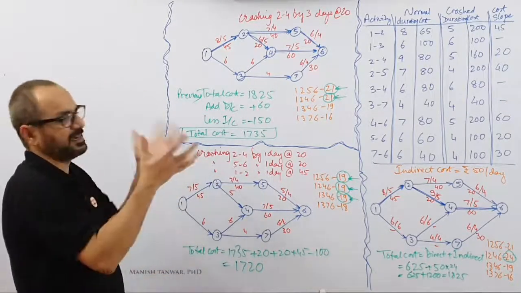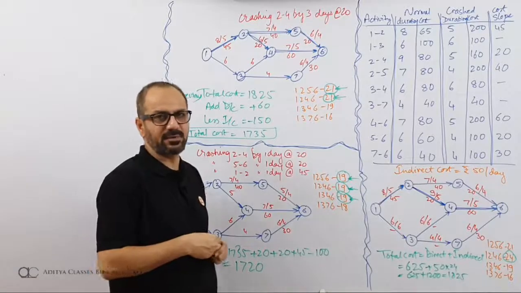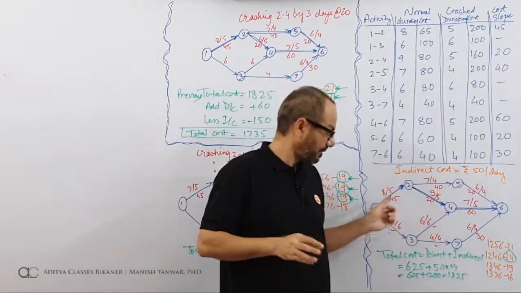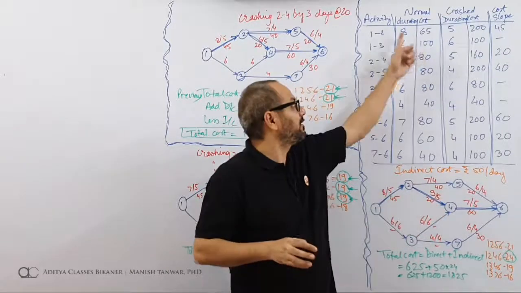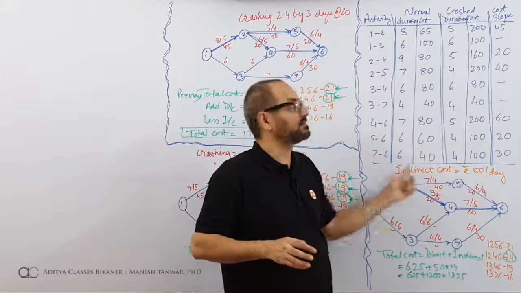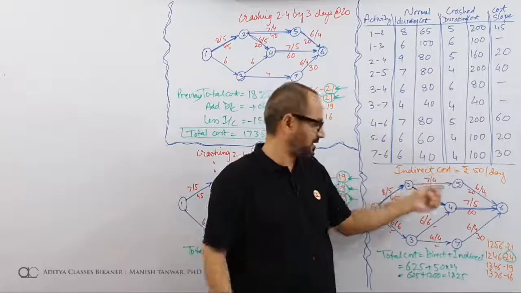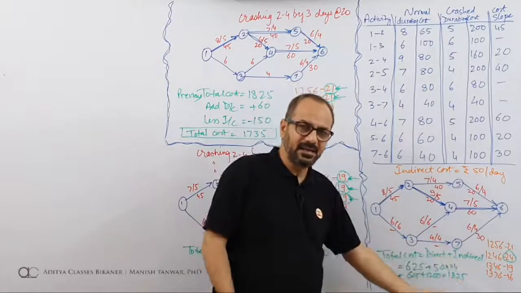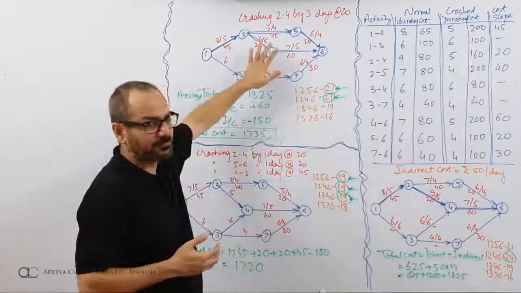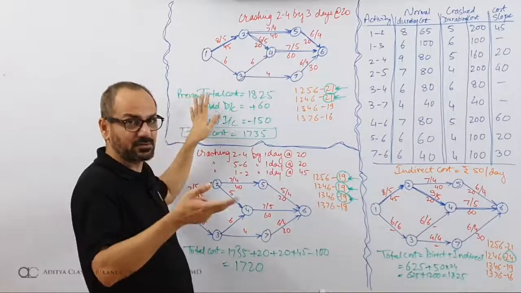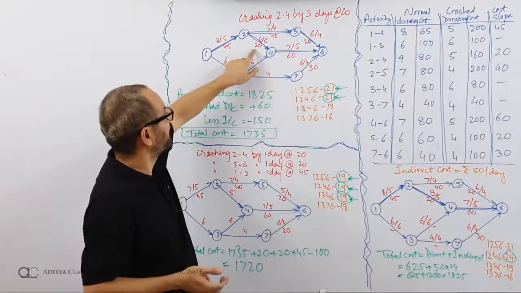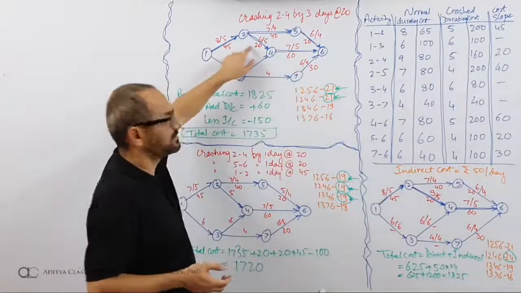And this complete becomes one section. Whenever you are making a network, you need to address these 3 issues. One is the network with updated timings. Earlier these were normal timings, potential crash timings, total cost and critical. Next iteration, we have a network, you have total cost, updated total cost, updated critical timings. Also these were updated. 9.5 became a 6.5.